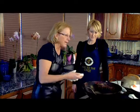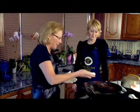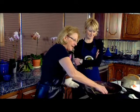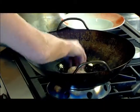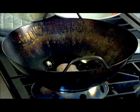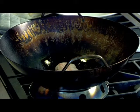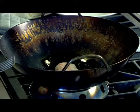Someone actually misunderstood that and slid it right through the pan, and it went off the counter and straight onto the floor. So I just mean kind of slide it around like that. Gotcha. Okay? Now we're going to let that sit there for just a second until it gets brown on the bottom. You can use for this purpose,